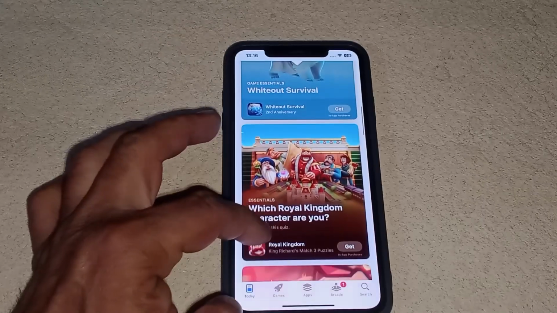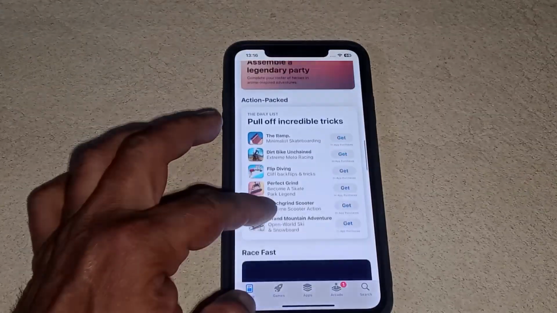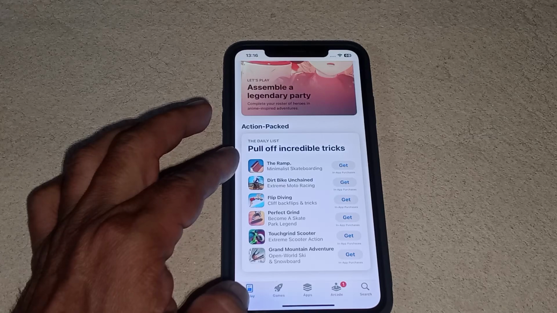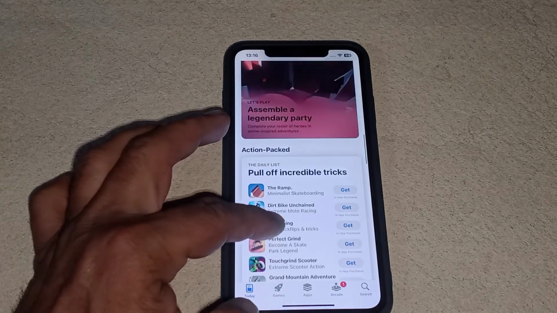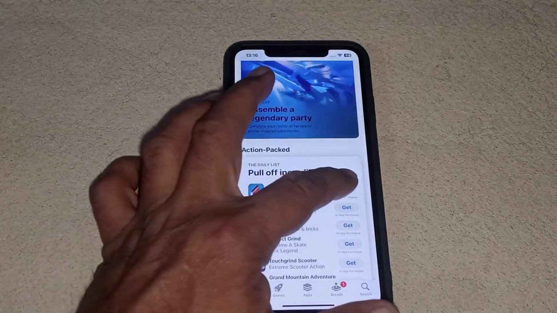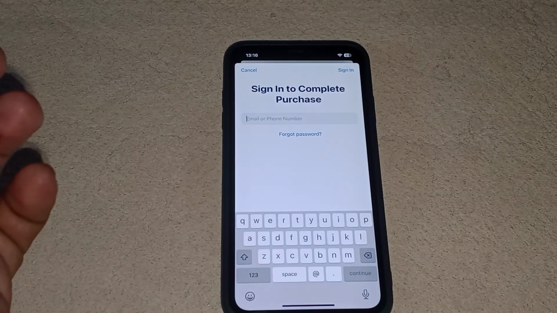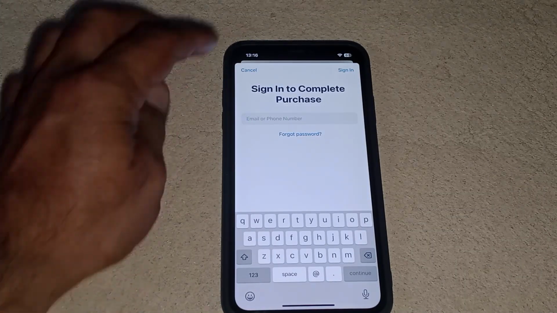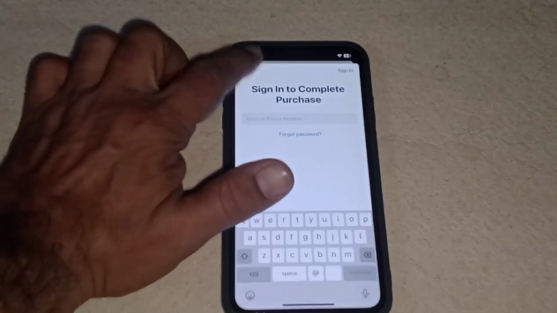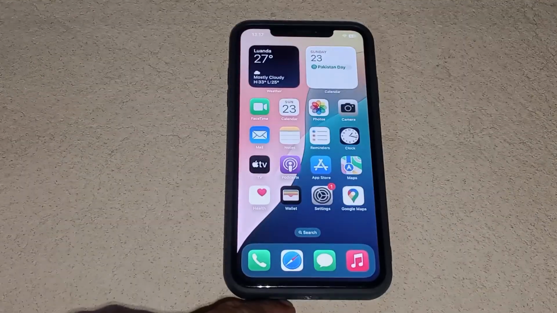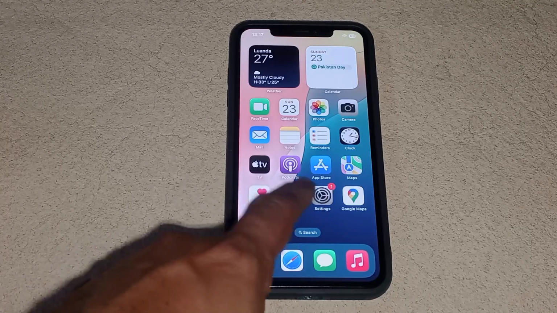As soon as you try to download something from the App Store, it will immediately ask you for your Apple ID and password. As I have tried to show you here, tap cancel and go back to the home screen. Now open the settings on your iPhone